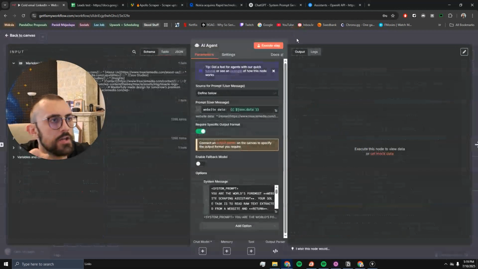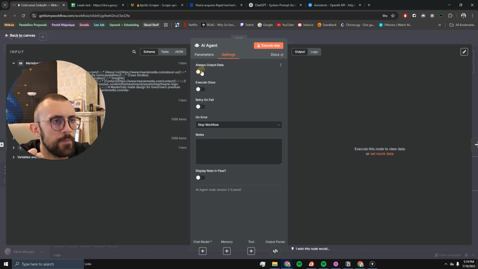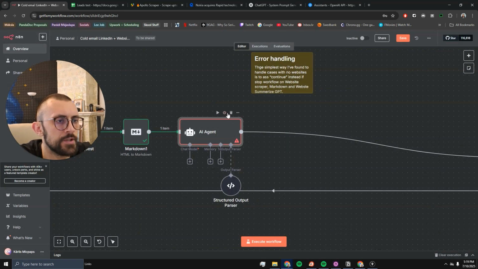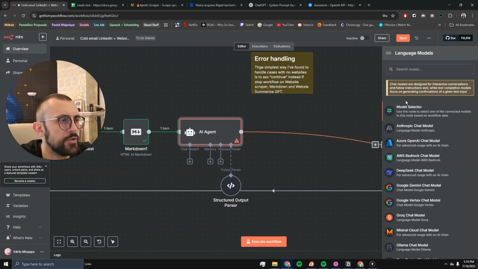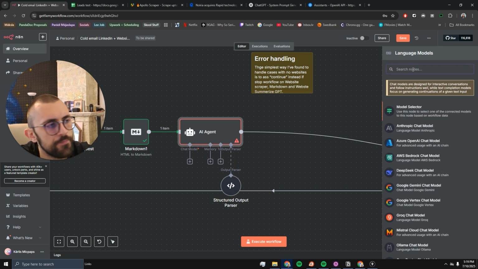Like this, and it should produce just fine. And if it fails, also have it always output data first of all, and retry and fail 3 times. So if it fails on the output here, the last thing we have to add is the chat model. Here I'm just going to use OpenAI, but a good suggestion if you want to keep things local is to use